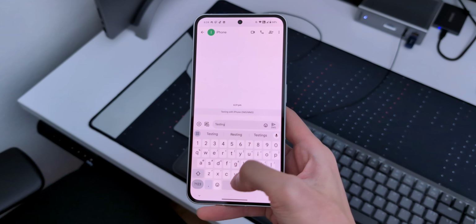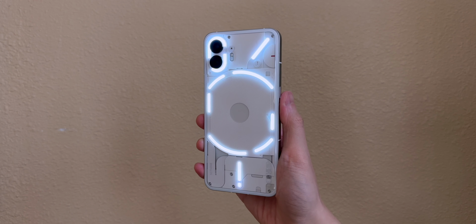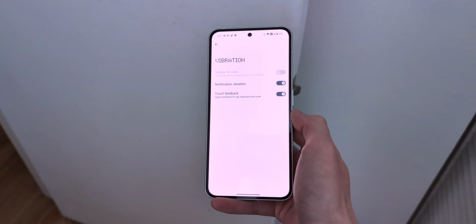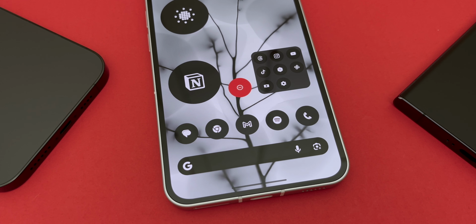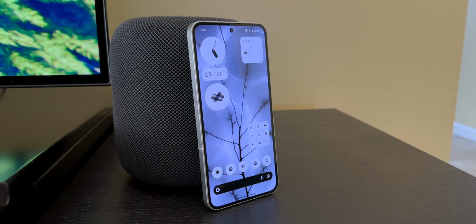And the touch feedback was fixed in a software update last month. When I first used the phone, the haptics were very strong and loud, but now they're subtle and feel great. You still can't adjust them under settings though. Nothing surprised me with these tidbits, and I hope they add more in the next version of Nothing OS. And that's it for my top features and tips in Nothing OS 2.0.